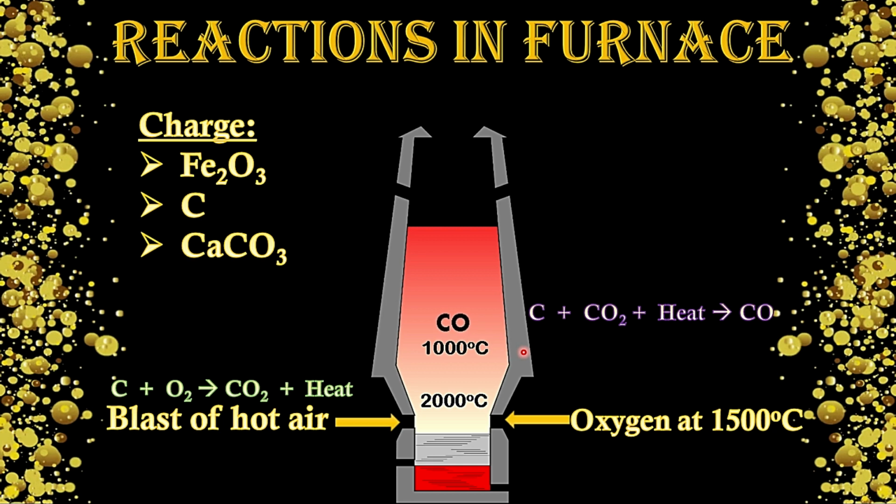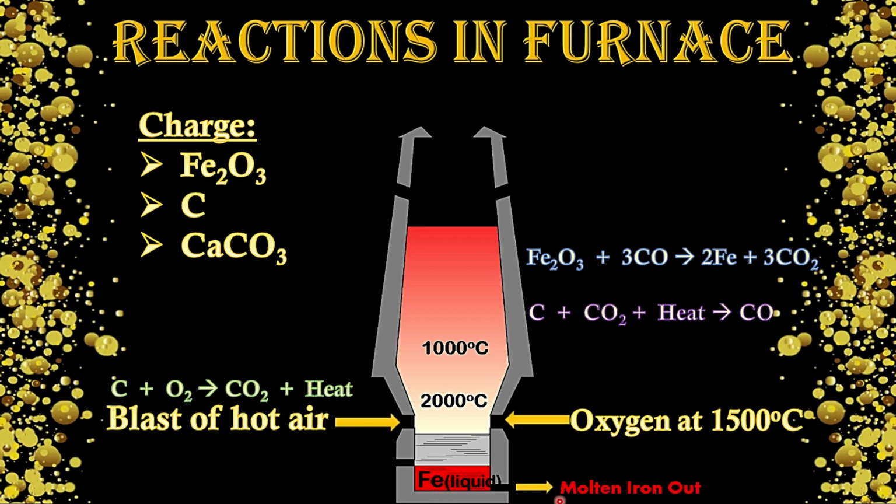Now carbon monoxide, which has formed here, is the main reducing agent. It will react with our ore. Our ore Fe2O3 will react with carbon monoxide. Through this reaction, it will form iron metal. Fe2O3 is reacting with carbon monoxide and converting into iron and carbon dioxide. Now this iron is in liquid state due to the high temperature of the furnace. It will flow down to the bottom of the furnace due to high density of iron metal, and it can be taken out from this outlet,